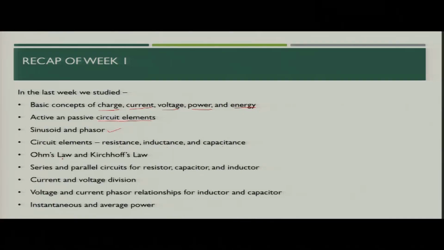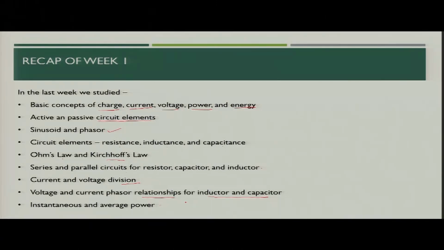Thereafter, we discussed Ohm's law and Kirchhoff's law, which are very basic and very important laws for the calculation of various current and voltage values in a given electrical circuit. Most of the time you would be using either Ohm's law or Kirchhoff's voltage or current law in your circuit analysis. Then we discussed series and parallel circuits for resistor, capacitor and inductor. We also discussed current and voltage division. Then we discussed voltage and current phasor relationships for inductor and capacitor, and then we studied the